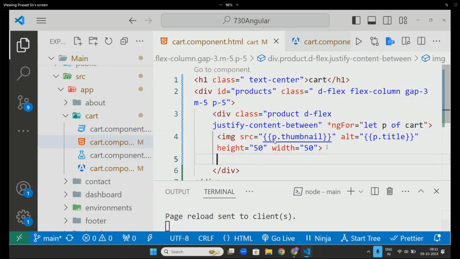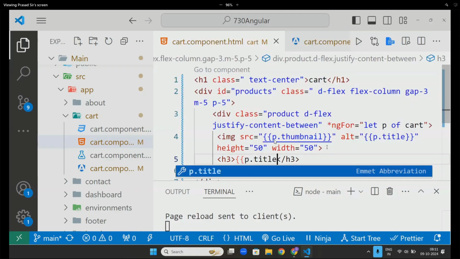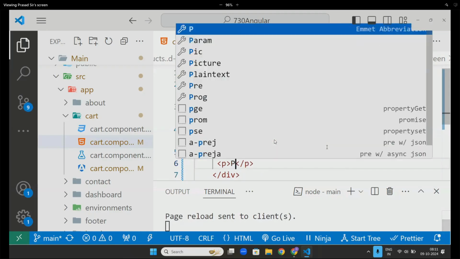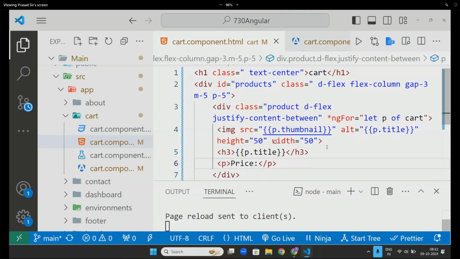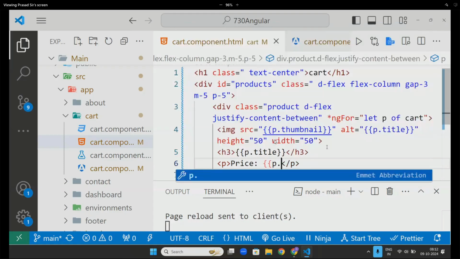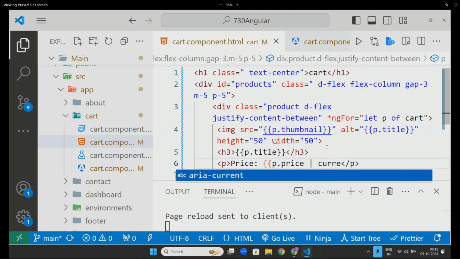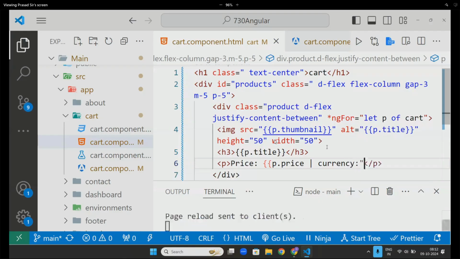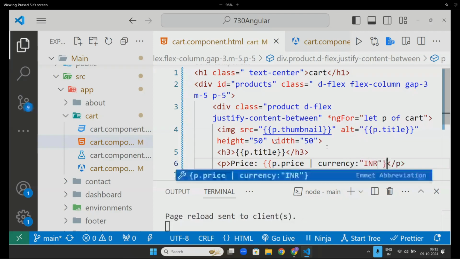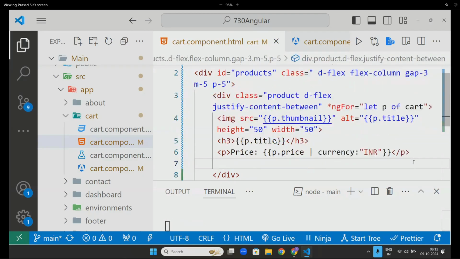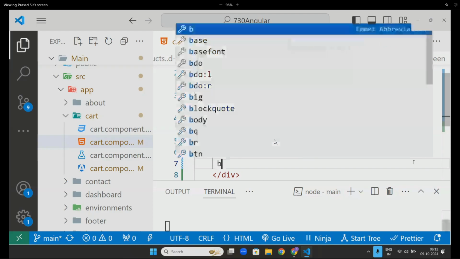Then go here, H3, p.title, paragraph, price, p.price. When I print the price, sir, I will use something called currency, which is INR. And here I will also use something like a remove button.